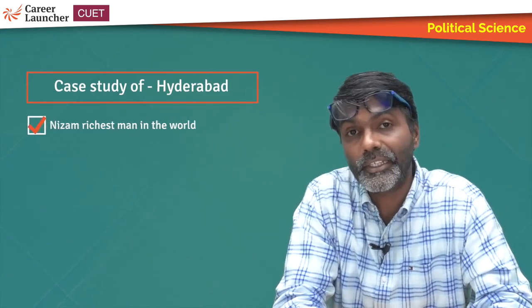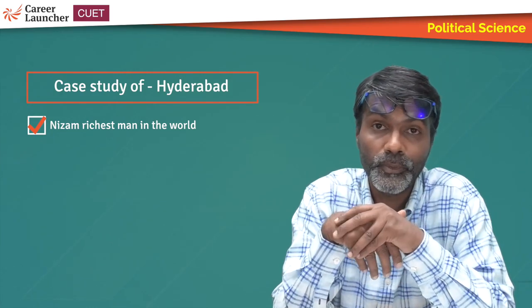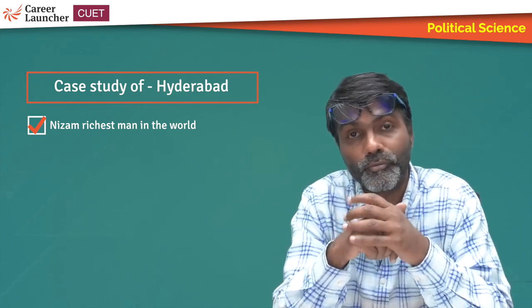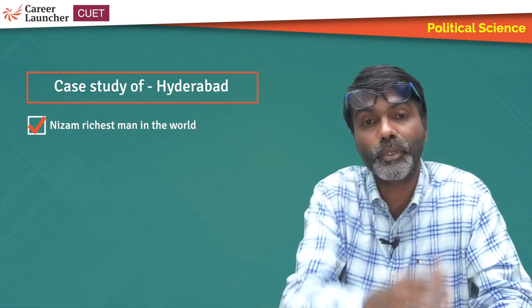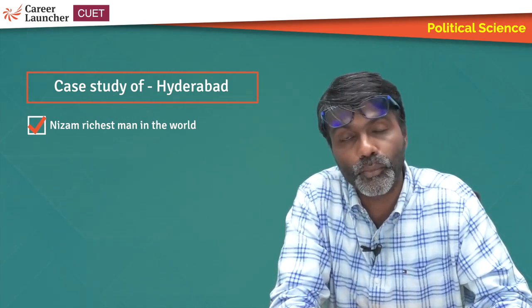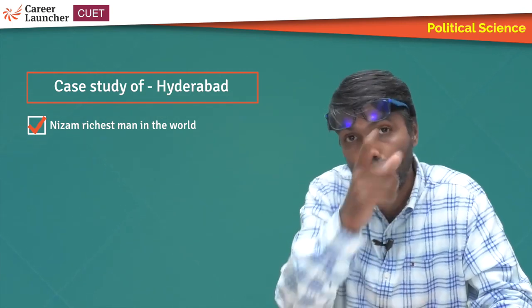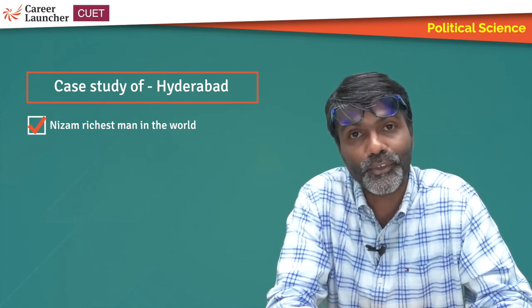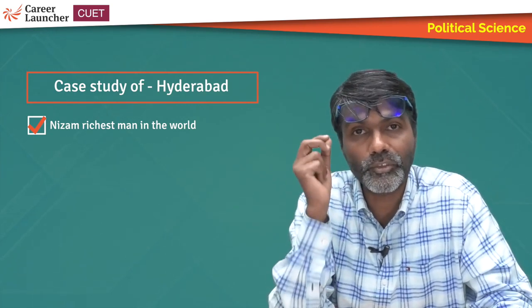The most celebrated, noted was the Nizam of Hyderabad. Did you know that the Nizam of Hyderabad at that time was the richest man on the face of the earth? This is a very interesting case study or anecdote. He went to the showroom of a very noted automobile company in London, and because of the way he was dressed, people were disrespectful to him, and then they asked him to go out of the showroom. And he was the Nizam of Hyderabad. He ordered half a dozen of those cars. Go and look up which company brand I'm talking about. He got them to come to Hyderabad, and he made those, at that time the most expensive cars in the world,